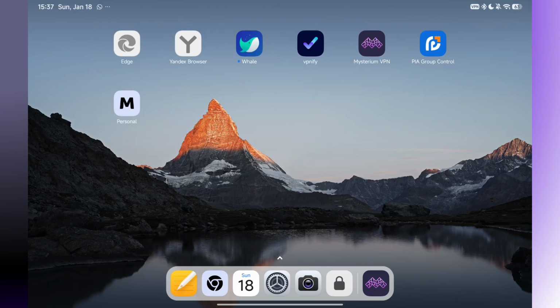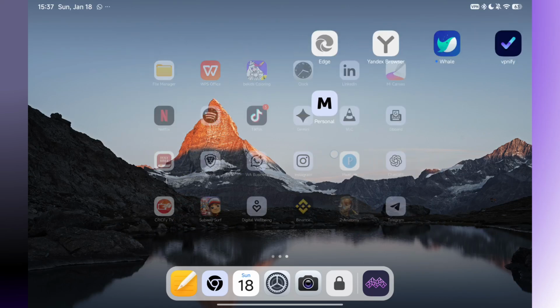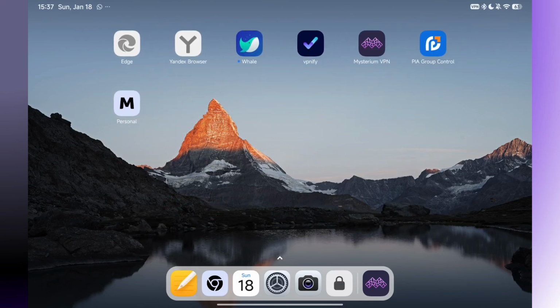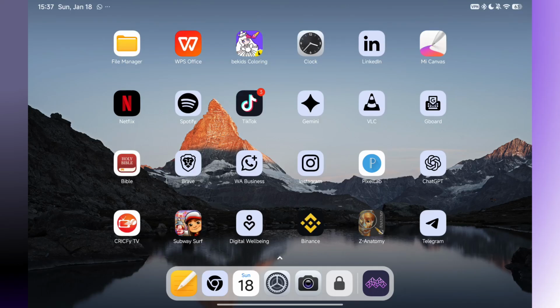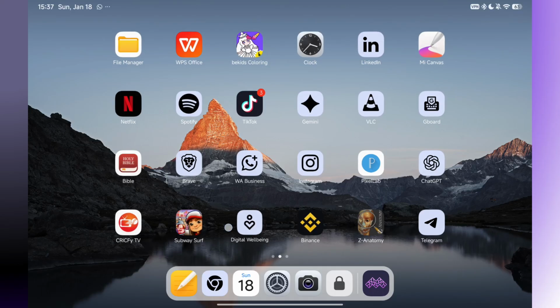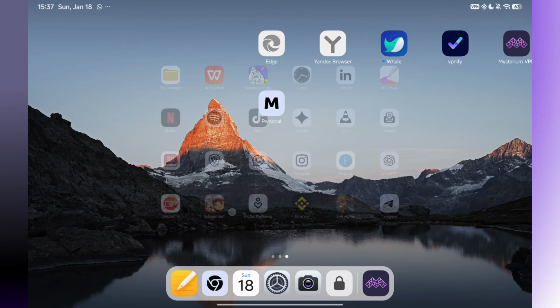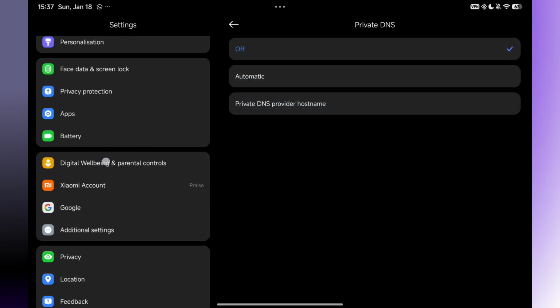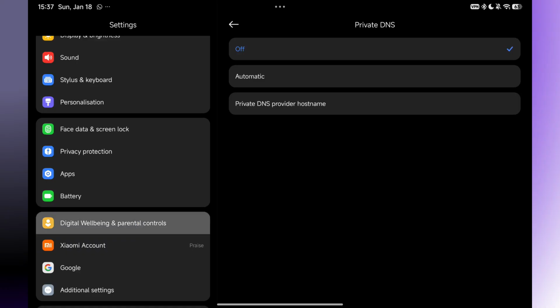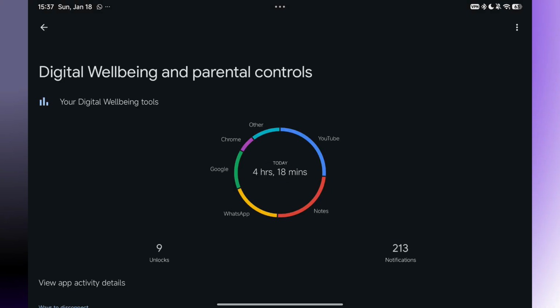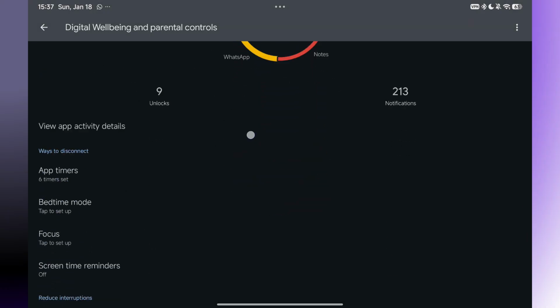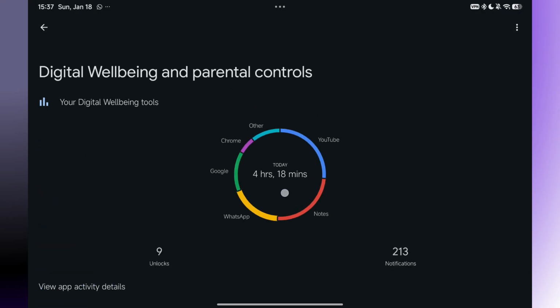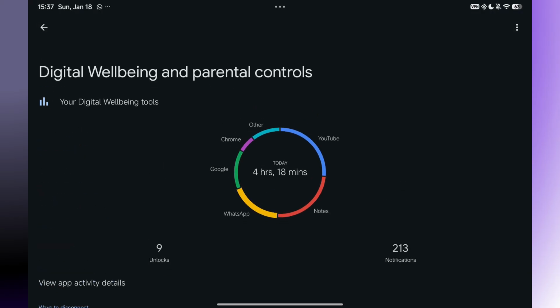In case your phone does not have a freezer, how do we usually freeze phones that don't have one? This is what I do. I come to digital well-being. You can go to settings and search for digital well-being. You see digital well-being and parental controls. If it's not there, still use your search button and search for it. What you check for is this circle. You click on this circle,